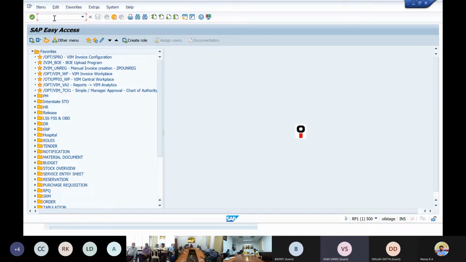Yes. Okay. So once you log in with your salary code and the password within SAP GUI, this is how the page looks. So from here you can navigate